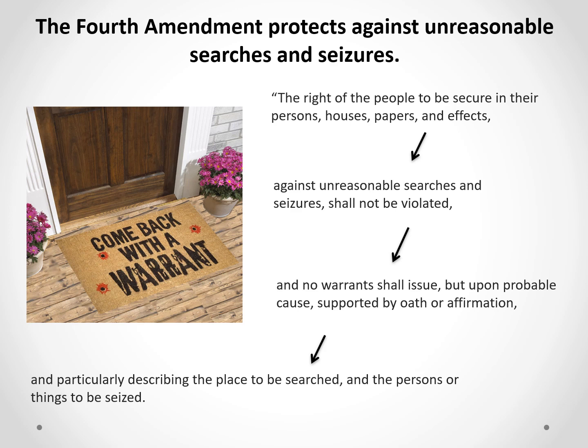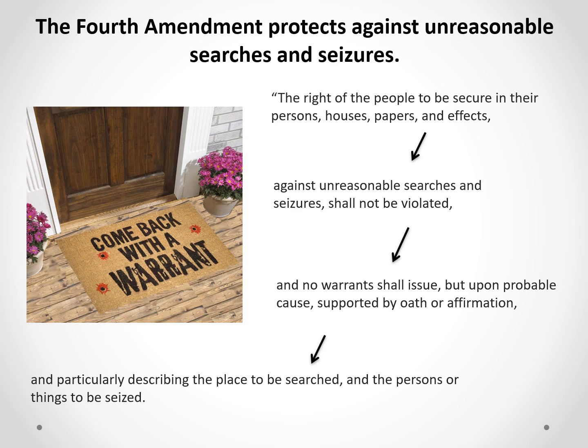And so a warrant is a protection for our freedom against unreasonable searches and seizures. This is how a warrant works. So a warrant is in writing. A police officer has to write down this warrant, and the police officer has to take it to a judge.